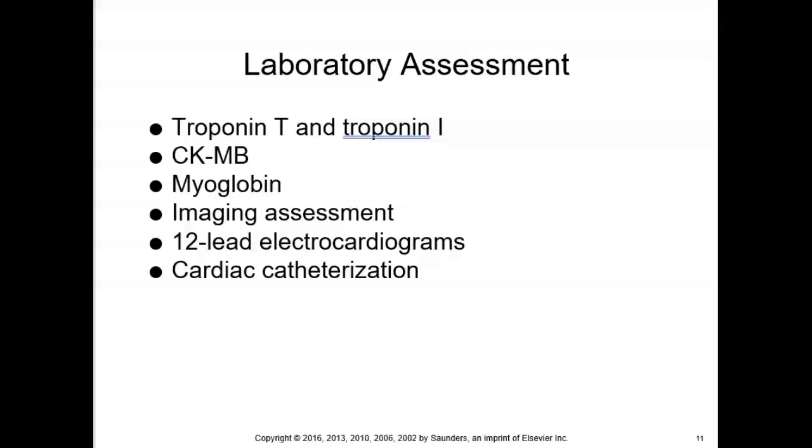In regards to laboratory assessment, although there is no single test to diagnose MI, the most common laboratory tests include troponins T and I. Troponin is specific for MI and cardiac necrosis. Troponins T and I rise quickly. If you remember from previous lecture, troponins are usually drawn more than once because the patient may come in with a normal troponin level that increases with time. So you'll hear in the clinical setting of patients having a serial troponin being drawn.